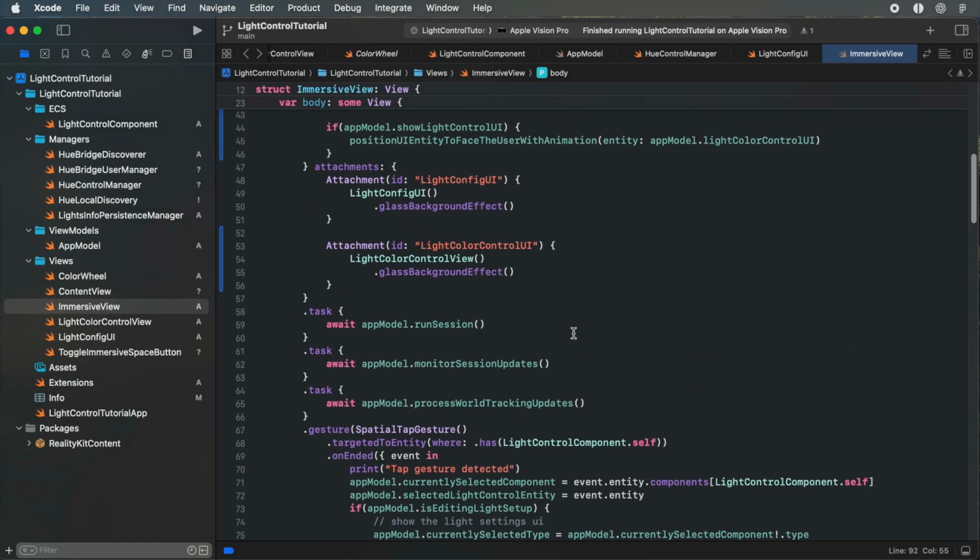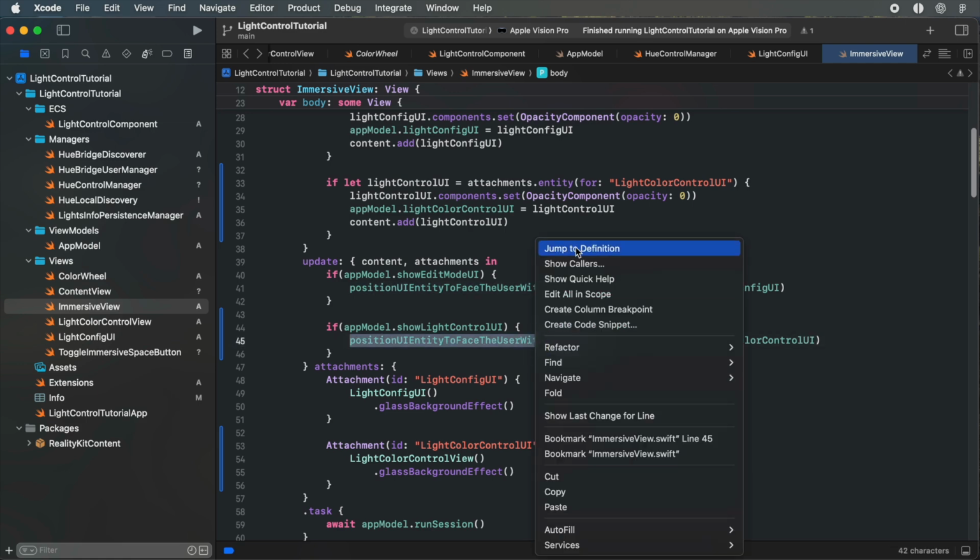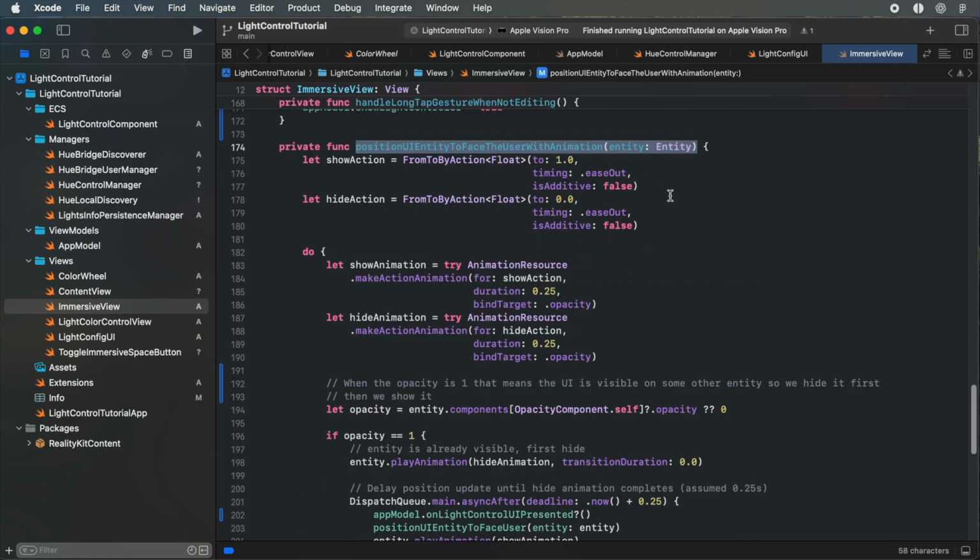What will happen here is, now when we change the toggle to true, we'll call the position UI entity to face the user with animation, and we pass it light color control UI entity. So let's again look at this function. We have looked at it in the previous tutorial. In the position UI entity to face the user with animation, that's quite a mouthful, but what we are simply